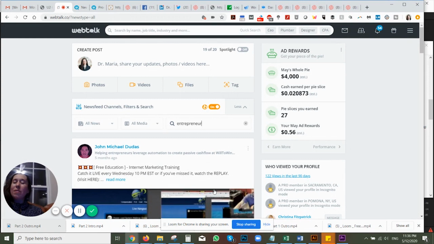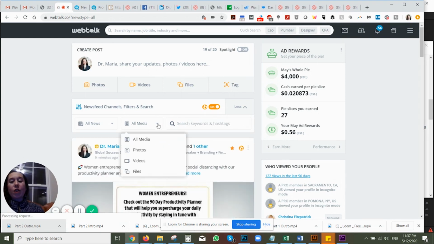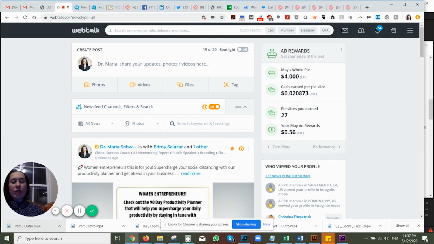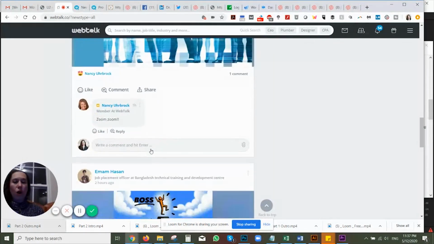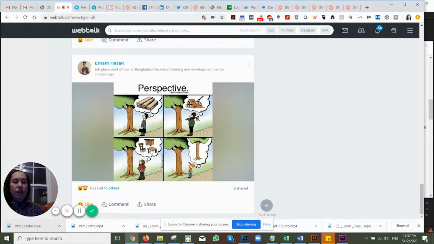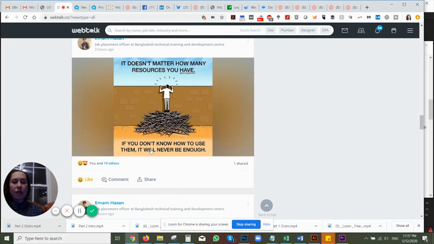So they're constantly making changes on Webtalk and evolving the platform. But in this search area is where you're going to search for different hashtags that are of interest to you. Next over, you can designate whether you want to see photos, videos, specific files, or all of the media. Let's say we select photos. You'll notice that only photos show up below, and your newsfeed will not show any messages with just content or